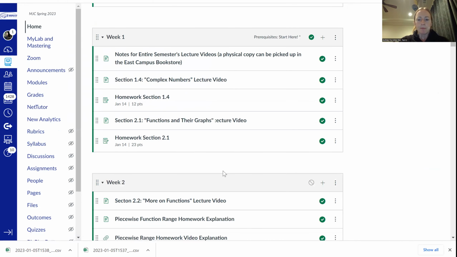I think if you log into Canvas, and you're not enrolled in the class, if you want to add this class, you're on the wait list, you probably don't see our course on Canvas. If you go to your Canvas page, you won't see Math 111 there probably. But if you do want to add, on the first day of class, Monday, which should be probably today that you're watching this video, that's when you email me and say, "Hey, I want to add this class, and this is my student ID number or W number." I think if I have your W number, then I can go on PiratesNet and give you permission to add. I myself can't add you to the class, it's against the rules.